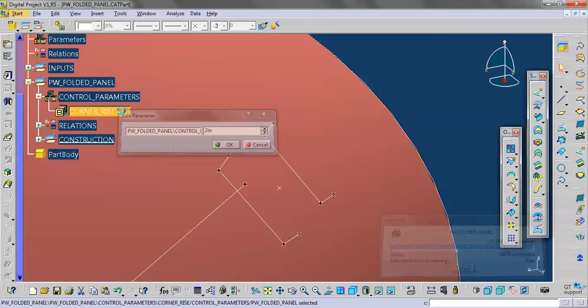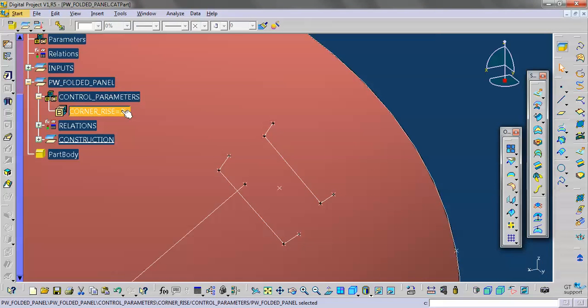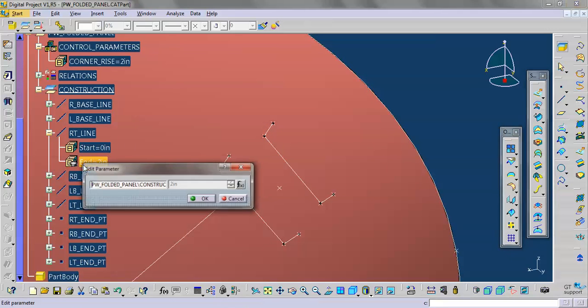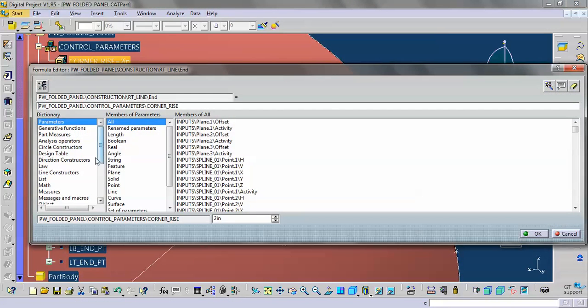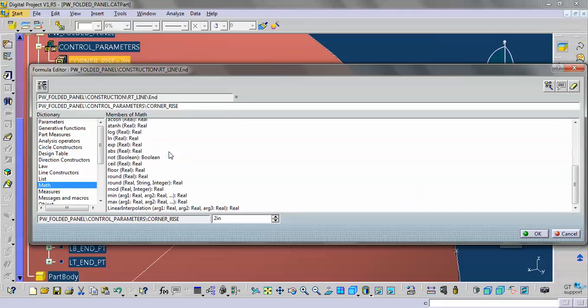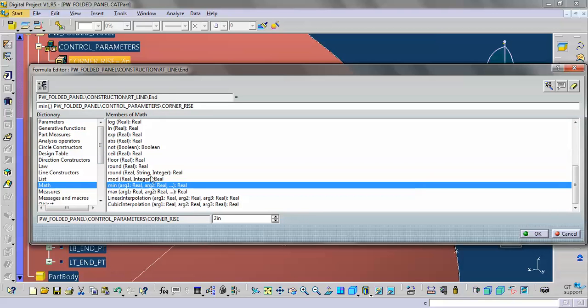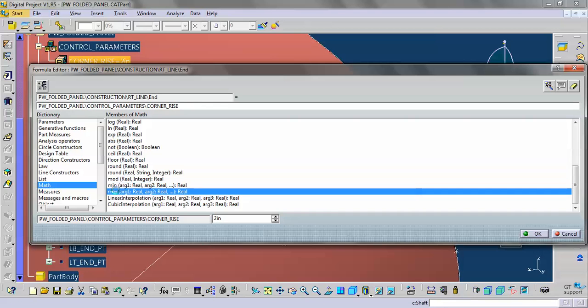If we wanted to fix that, because sometimes we are going to have 0 values, we could put a little minimum statement inside the formula that says, if corner rise is 0, set the length of this line equal to 0.00000001. You don't need to do this right now, but I'll show you how that looks in our formula. There's a little math section down here where we want to grab the minimum value, the maximum value between 2. So if I click max in here,